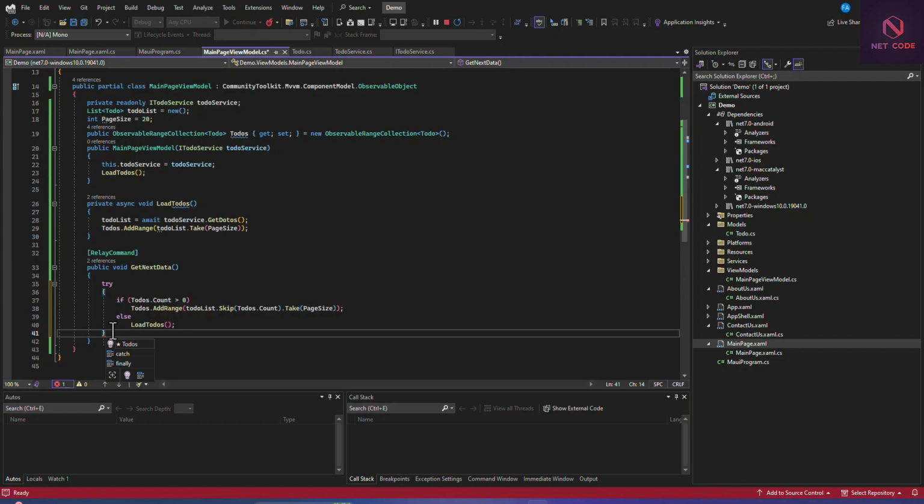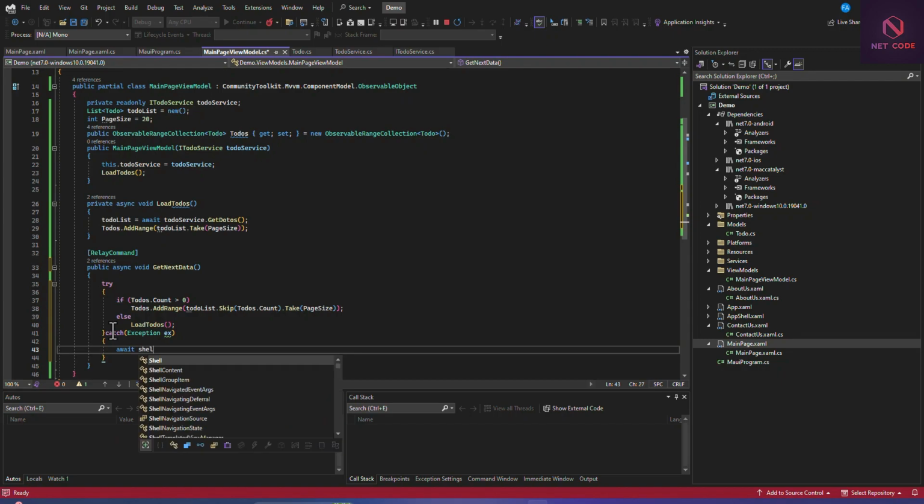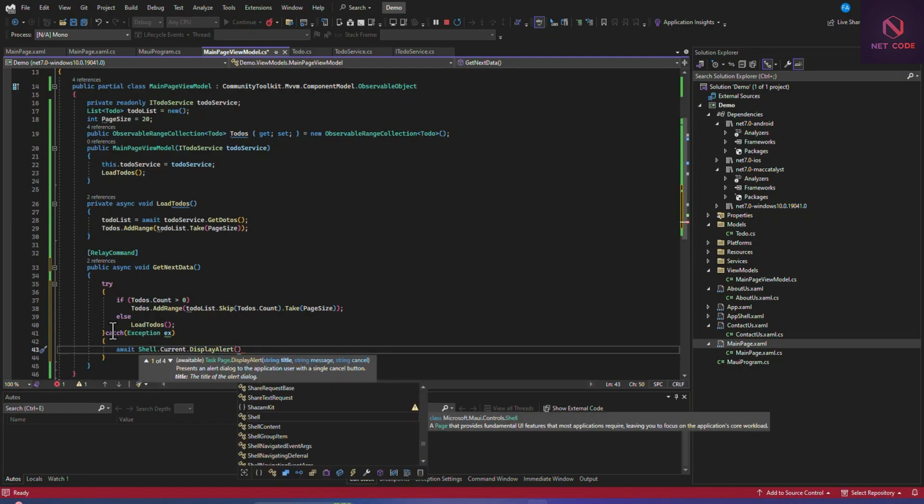So catch, and now we have exception here, EX, and when there's any exception, you can just await Shell.Current.DisplayAlert, and now you can say that this is an alert.